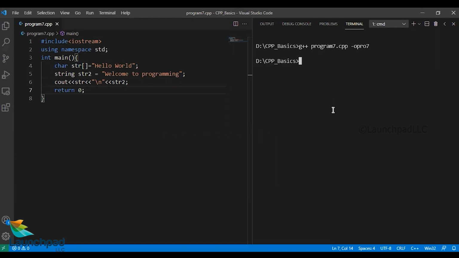And when I compile it, as you can very well see, there are no error messages on the screen. And when I run the file with the name pro7, you can very well see both the messages are getting printed to the output screen. When it comes to handling strings, both the character array as well as the string class in C++ programming work in a more or less similar fashion, but there could be some minor differences between string classes and the character array, and let us see what those are.